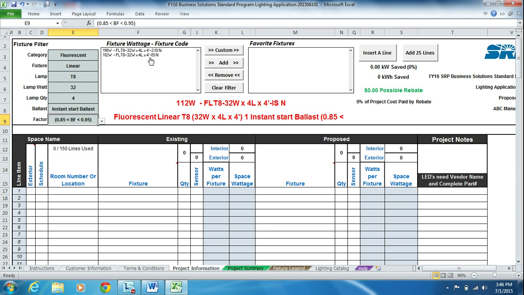Click on it to select and press the Add button. That fixture has now been stored in our Favorite Fixtures box for later use. We now need to repeat this process for the 4-lamp F25 T8 low power ballast. But first, we need to press the Clear Filter button, and all of our fields in the fixture filter have